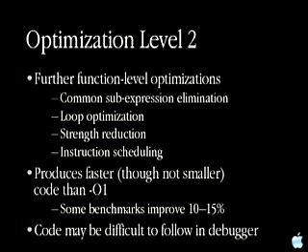For optimization level 2, this provides function level optimizations. It brings in common subexpression elimination, loop optimization, strength reduction, and it turns on the instruction scheduler. It produces faster, though not necessarily smaller code than -O1. So we'll see some benchmarks that rely on these optimizations going up by about 10 to 15%. But the code will not get that much smaller. And in fact, in some cases, if you have a lot of loop unrolling going on, the code actually grows